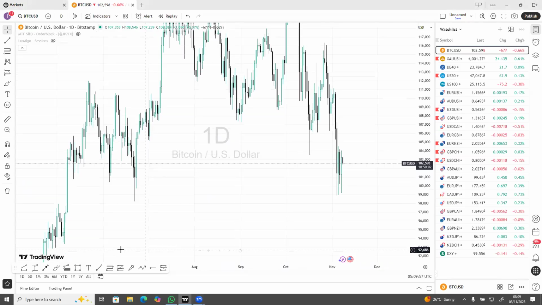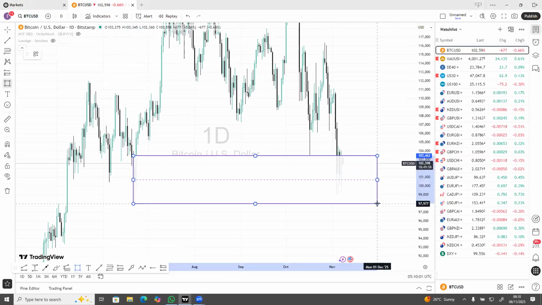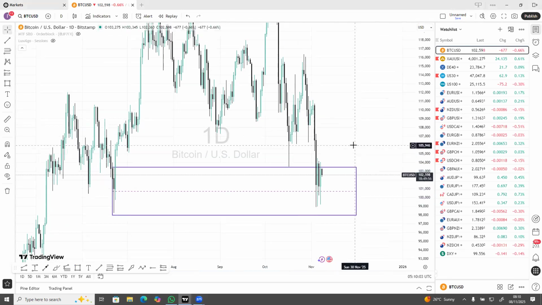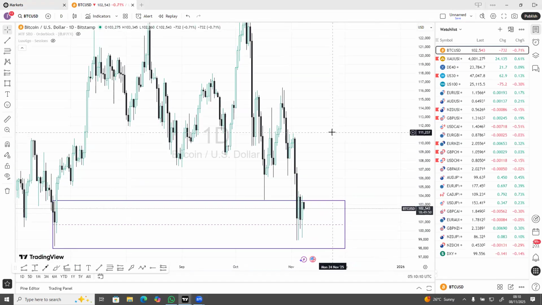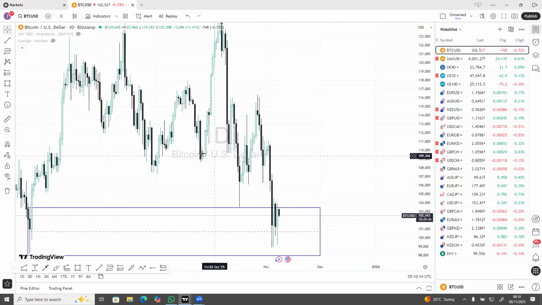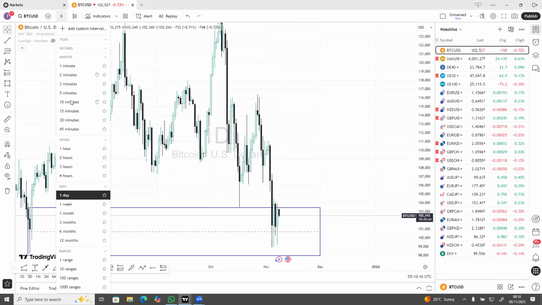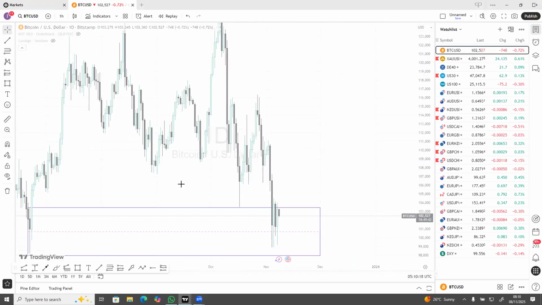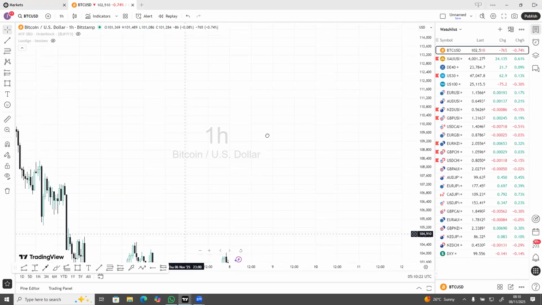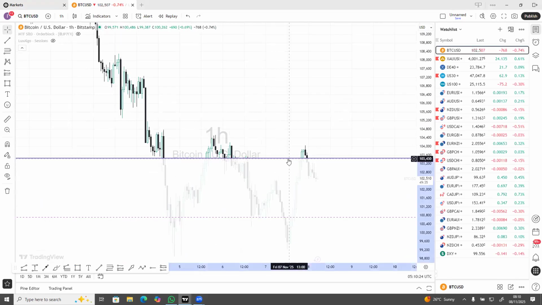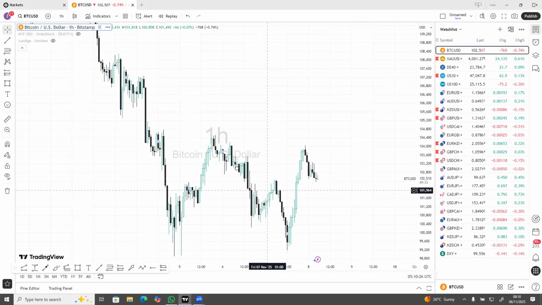On the daily time frame here, we have this demand. You can see right now price is ranging on that daily demand zone, so there is a probability of price going up from that demand. When we shift our time frame to one hour, you can recognize that we have a market shift here which is